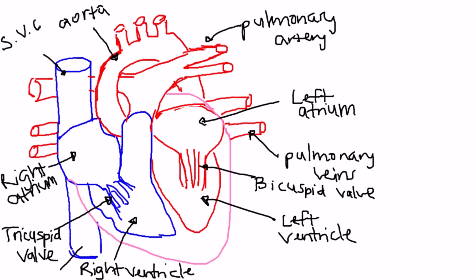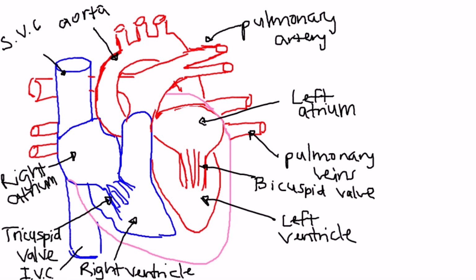Now, as you may or may not know, superior and inferior are anatomical terms used to describe parts of the body, and they are named this because of their location. So superior means higher and inferior means lower. And hopefully you'll see what I mean by this in a little bit. Okay, so now that we've talked about the structure of the heart, let's talk about the actual path that the